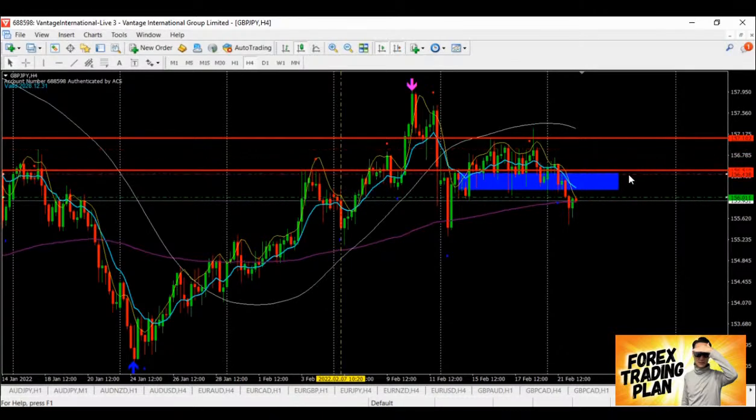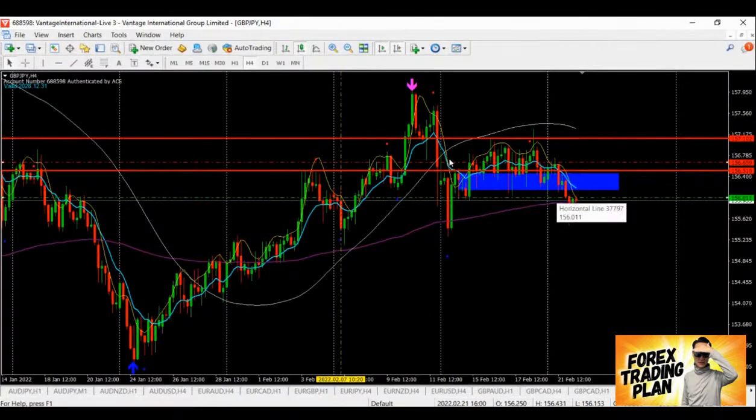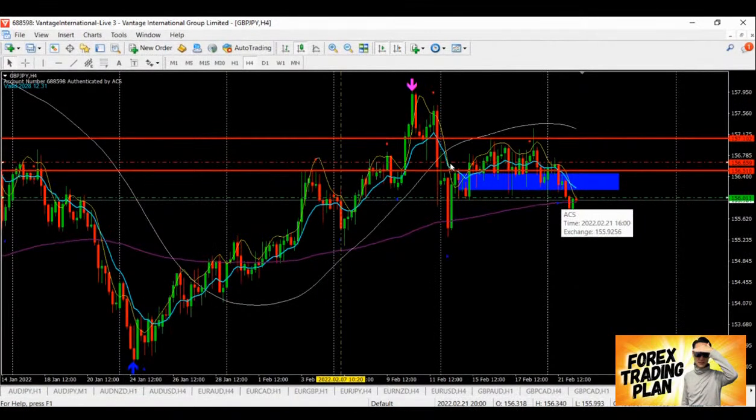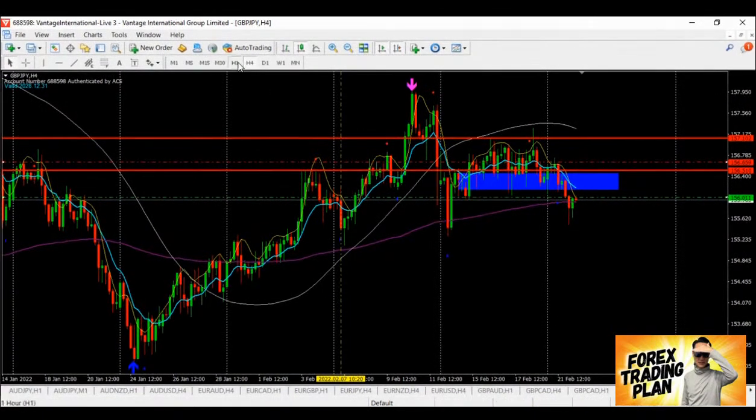Right now, looking at this, from the top it makes a lower resistance, lower resistance again, and it breaks down to form a lower low. That means the previous support is here, tested once, tested twice, tested again, and break. Now it breaks and retraces upward. What is this situation? This is a form of building a new resistance. So let's see in the lower time frame of